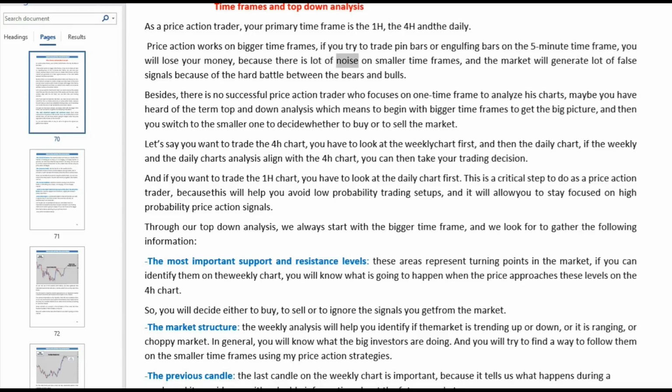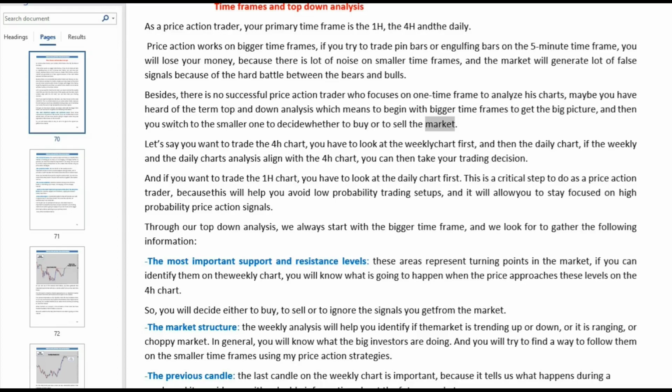because there is a lot of noise on smaller time frames, and the market will generate a lot of false signals because of the hard battle between the bears and bulls. Besides, there is no successful price action trader who focuses on one time frame to analyze his charts. Maybe you have heard of the term top-down analysis, which means to begin with bigger time frames to get the big picture, and then you switch to the smaller one to decide whether to buy or to sell